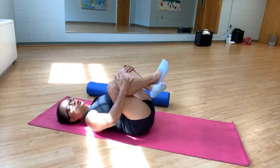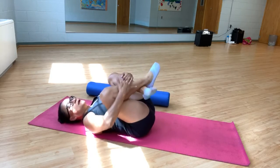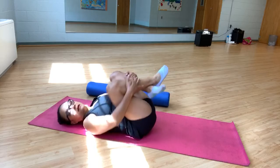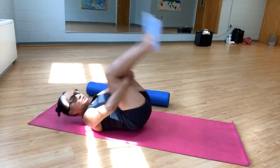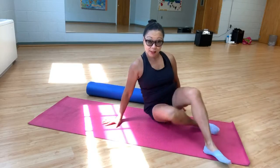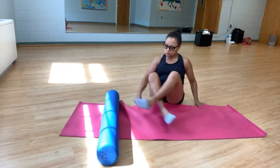Hug your knees into your chest. The hugging of your knees, lower back, flat, mash your back in the mat, and roll from side to side. We're going to kick it up, roll up, come to seated, and we get to do the face down exercises now. Placing the foam roller near the front end, and